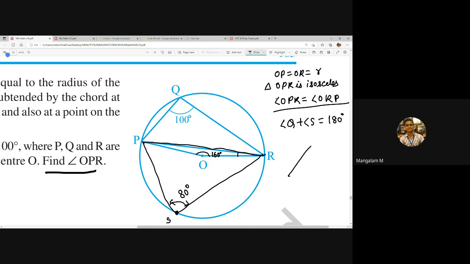Now let us draw the angle POR over here. This is O, this is P, this is R. This angle is 160 degrees. OP and OR are equal because OP and OR are radii, right? So this is an isosceles triangle. So the base angles, angle P and angle R, are also equal, so each will be 10 degrees. Now if you add 160 plus 10 plus 10, it will be 180 degrees. होप आप लोग ये क्वेश्चन समझ गए होंगे.